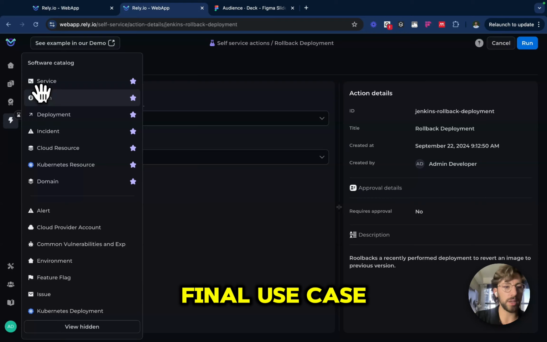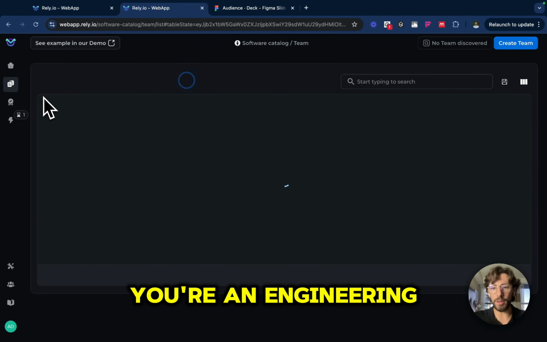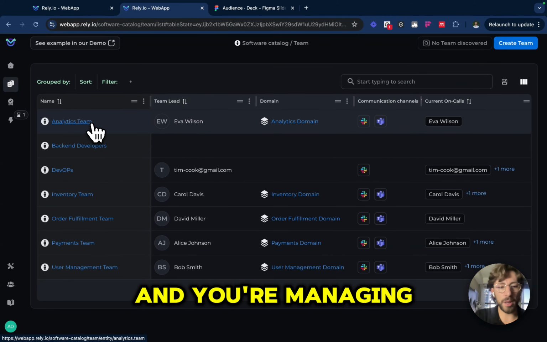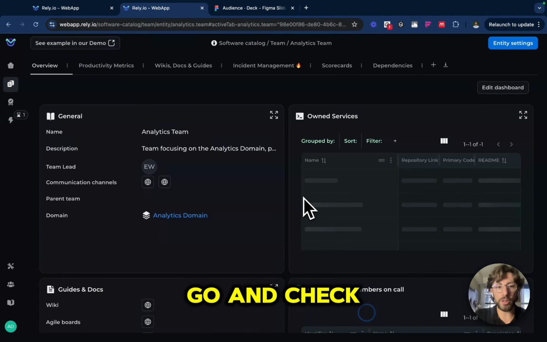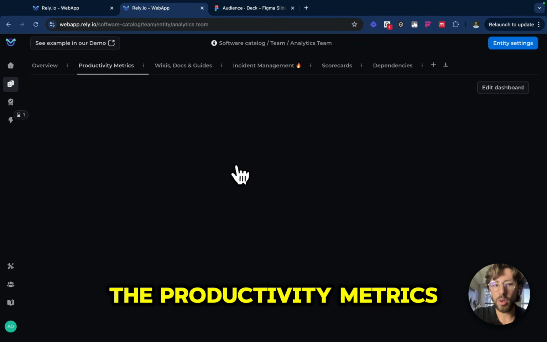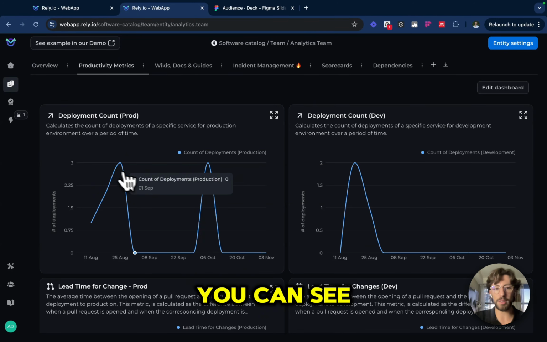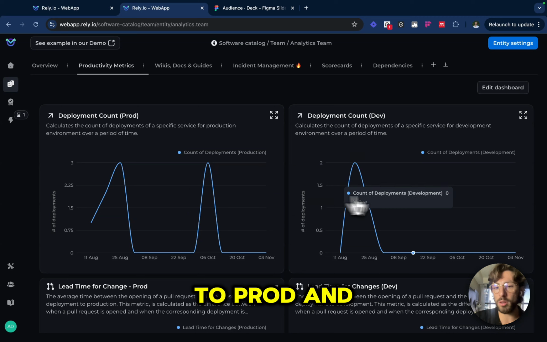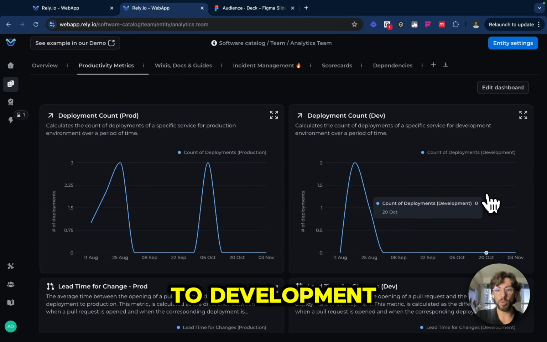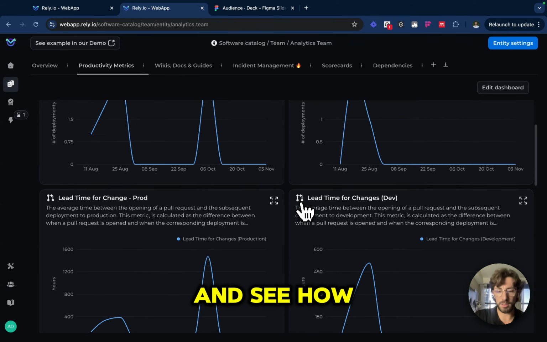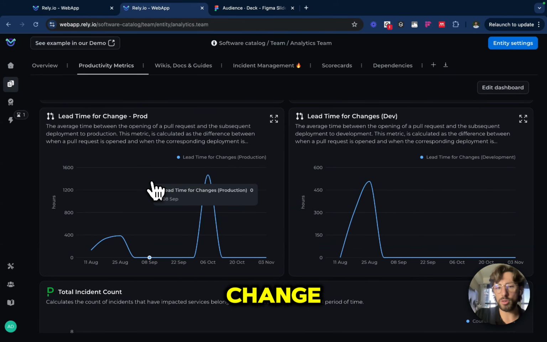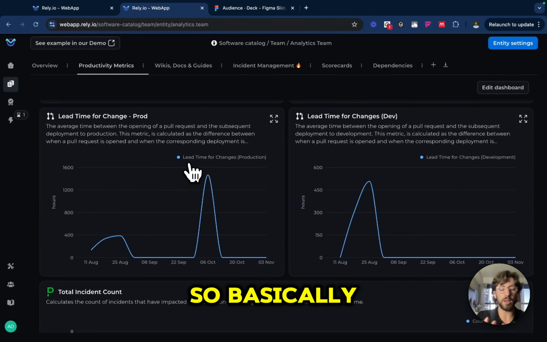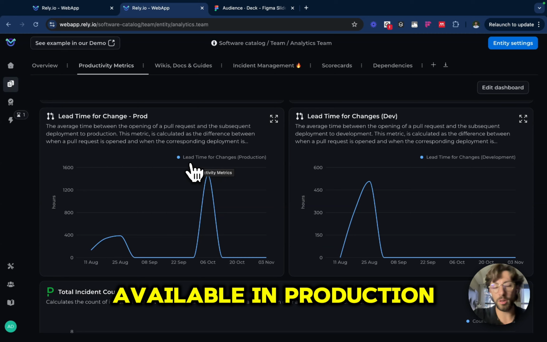Then, for the final use case, let's say that you're an engineering leader and you're managing, for example, the analytics team. You can actually go and check the productivity metrics of the engineering team. So, for example, you can see the number of deployments to prod and to development to see their productivity and see how fast they're shipping and how often they're shipping, how the lead time for change, both for production and development. So basically, the average time between opening a pull request and it being available in production, to see how